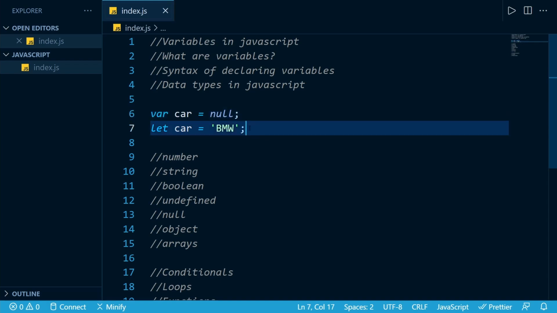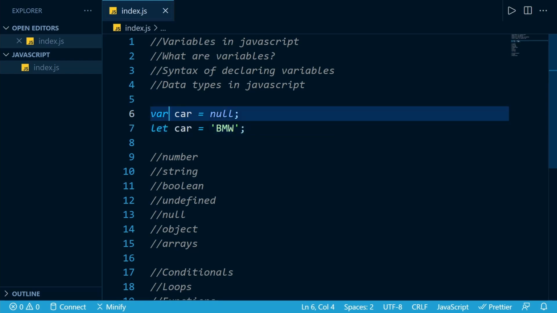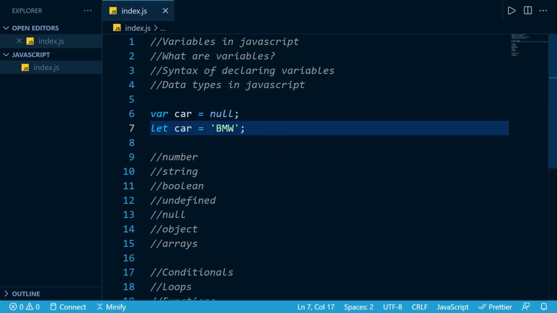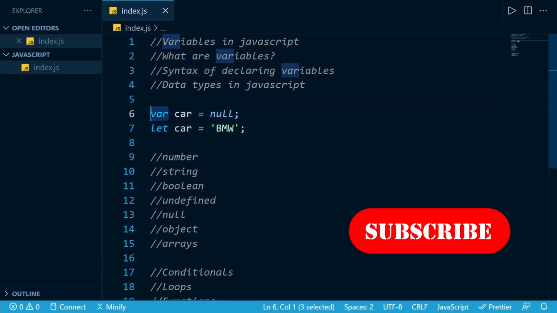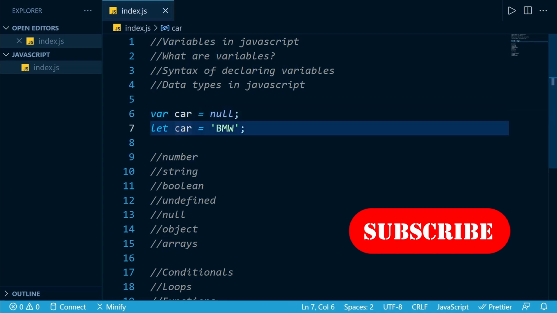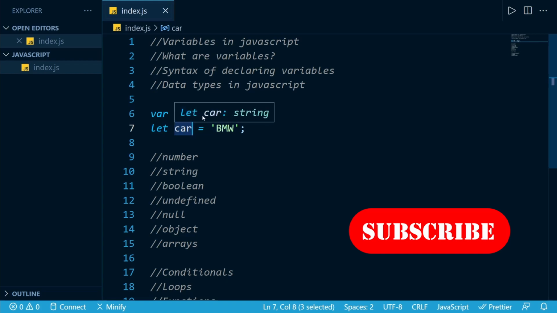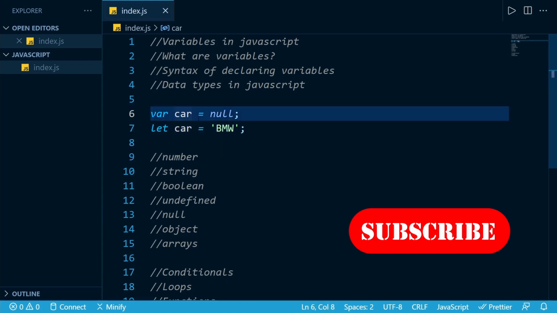And most of the time, try to use the let keyword. I will definitely come back to why we need to use the let keyword or the var keyword. But as of now, you can use either one, though try to use let in most situations. So we have a let or var keyword to declare a variable, and then we have the name of the variable, and then we may have a semicolon, so that we are not initializing the value.